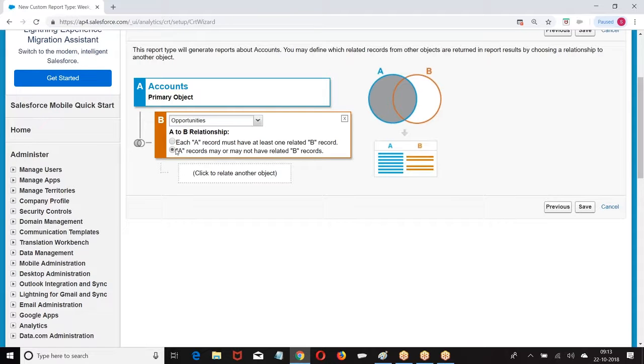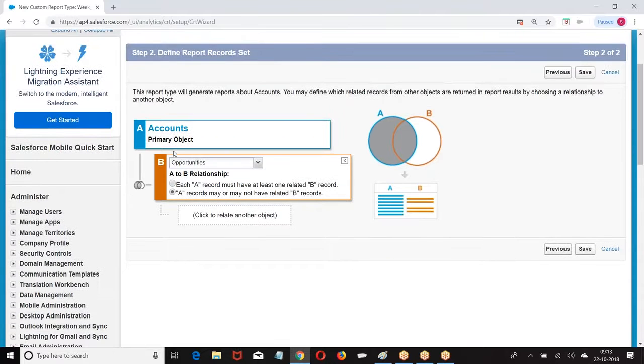Now let us take it once again. Boss, when you are creating a report on the account object, it is asking, do you want to include only the account records, or any one of the child objects? Then I said I want to include opportunities.